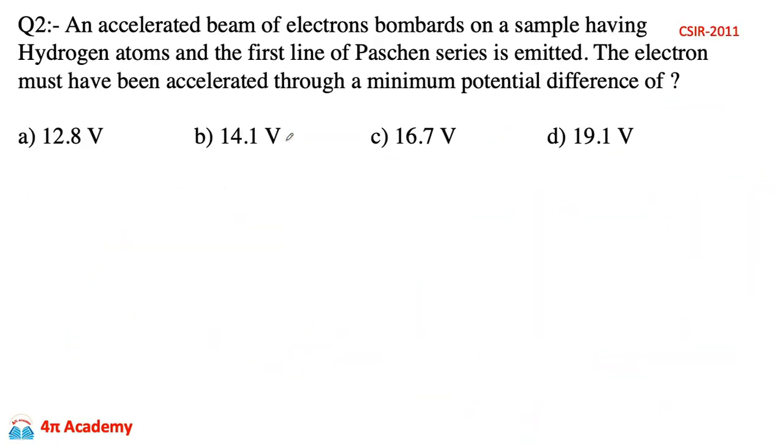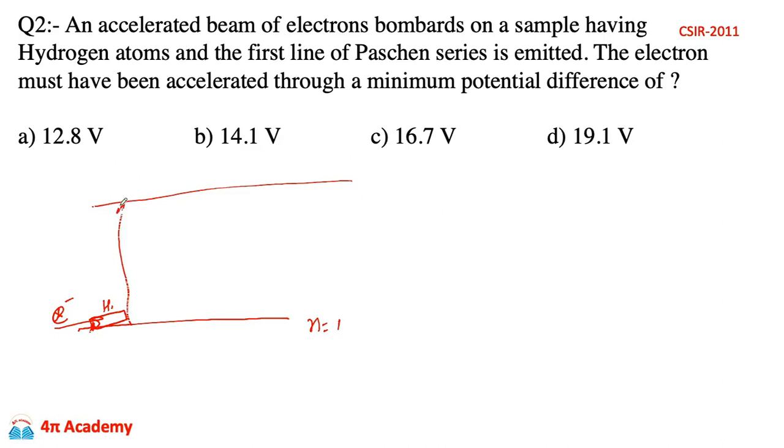So next question is, an accelerated beam of electrons bombarded on a sample having hydrogen atoms, and the first line of Paschen series is emitted. The electron must have been accelerated through a minimum potential difference of what? Now what the question is saying is, there is an electron beam which is being bombarded on hydrogen atoms, and the hydrogen atoms are at rest when we bombard these electrons. So these electrons get accelerated and reach the value of n equal to 4,